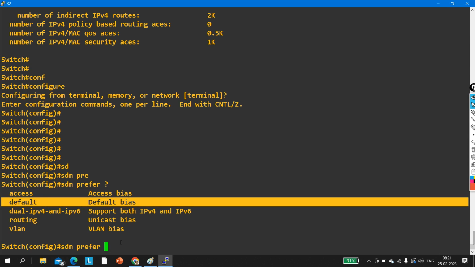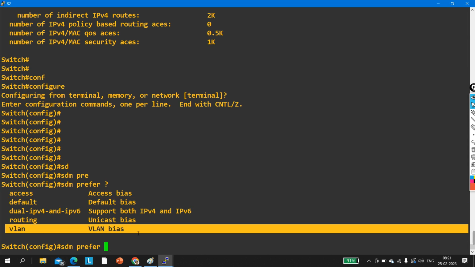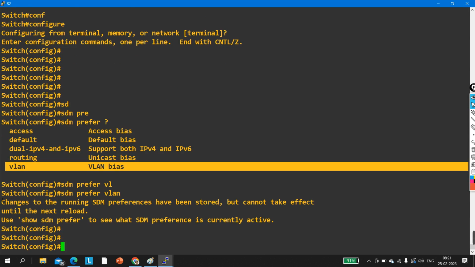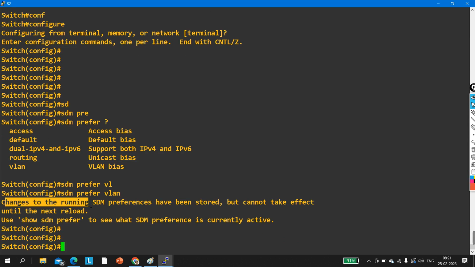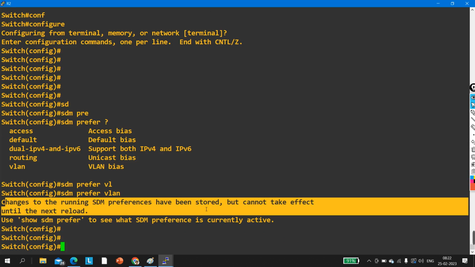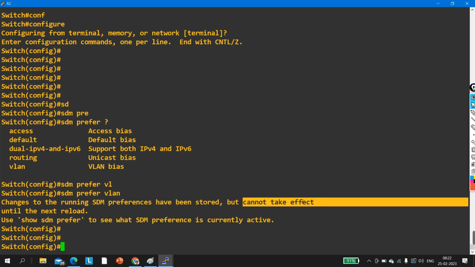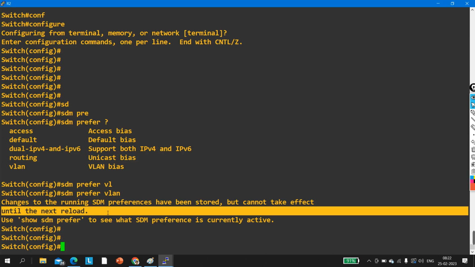But if you want to use this switch only for switching, you can configure the VLAN template. So let me say vlan. What is it saying? The change to the running SDM preference has been stored but can't take effect until the next reload. So if you reload this switch now,